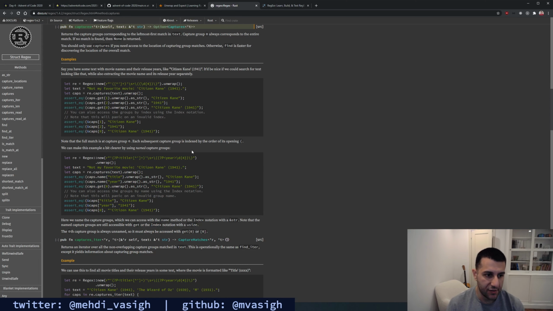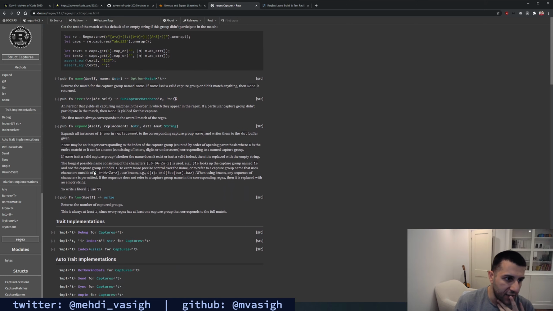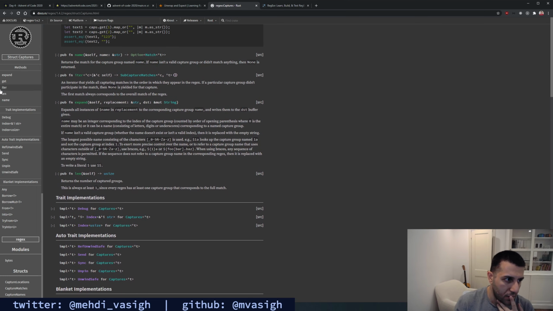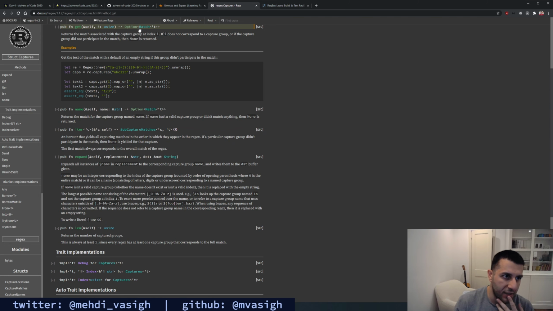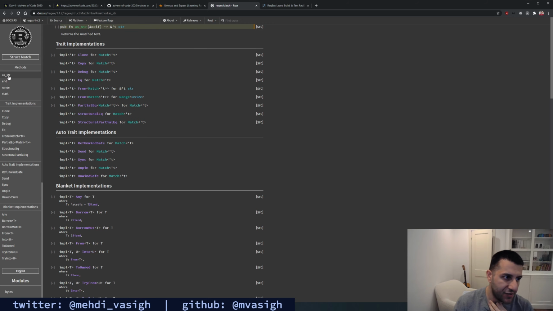Wait, let's actually see what they're doing here. Unwrap as string. Captures is returning a captures type, which has a get method that returns an option match, and then this has an as string. Okay.